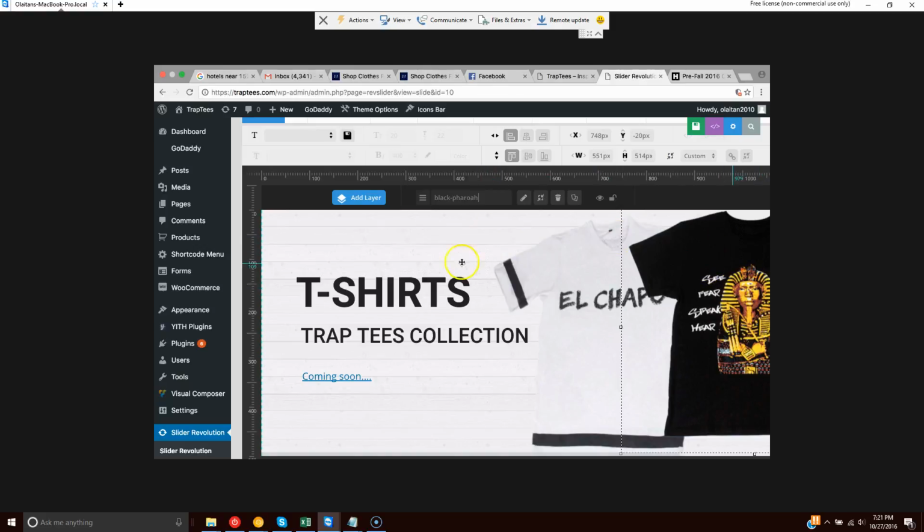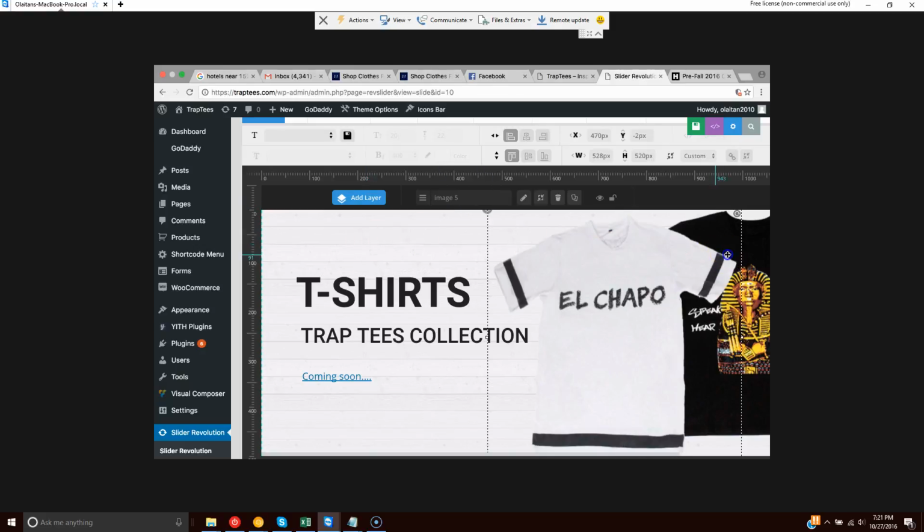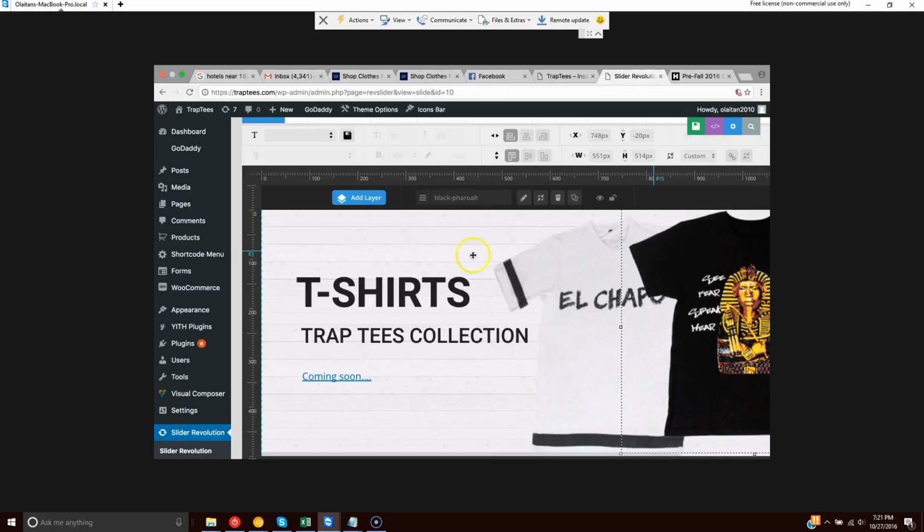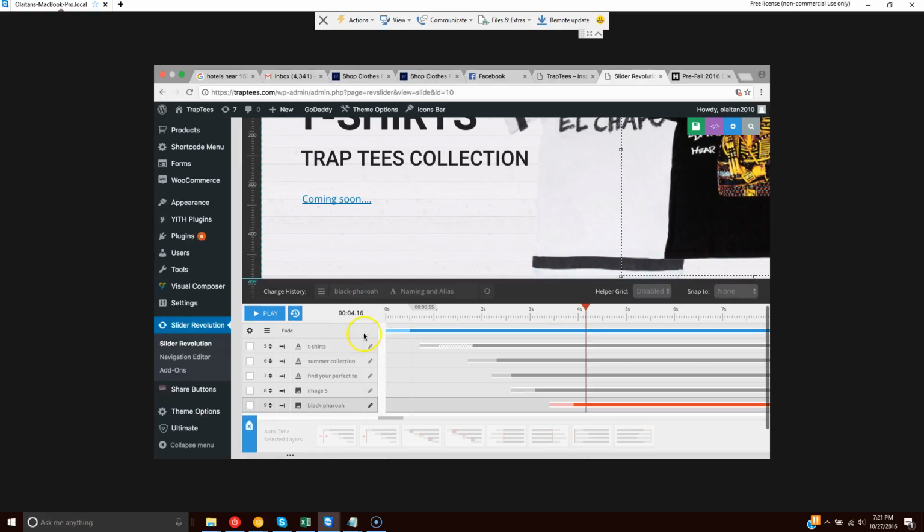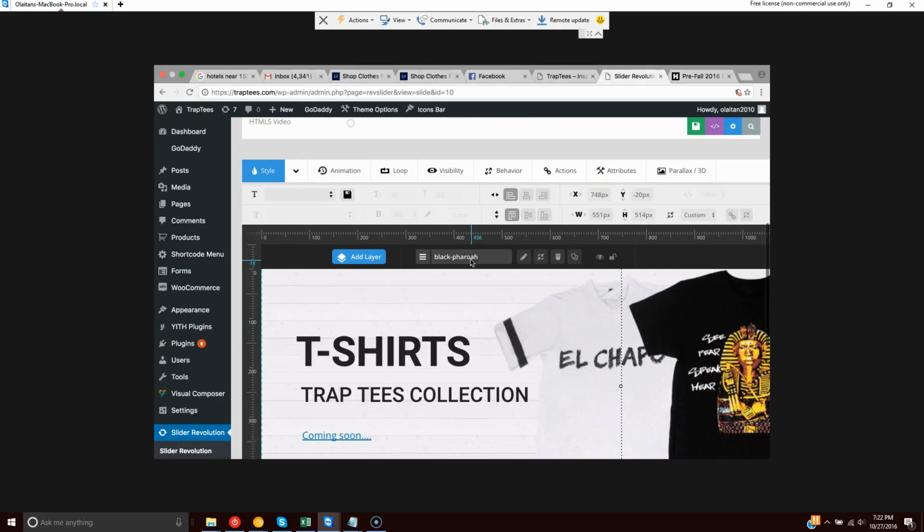Right, so it's not actually changing the image, but it's changing the name of it, which might be useful for organizing your stuff a little bit. I'm not sure. And then you could see down here that now it became Black Pharaoh. So the reason that I bring this up,